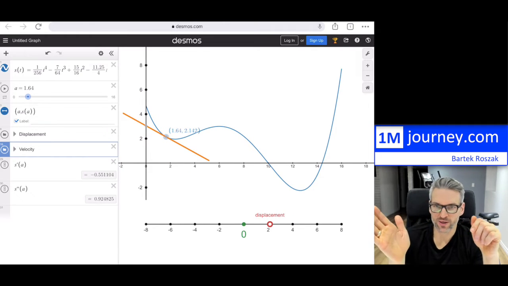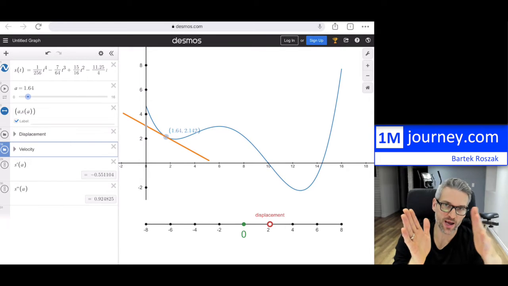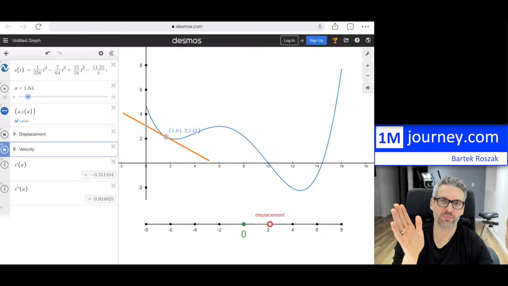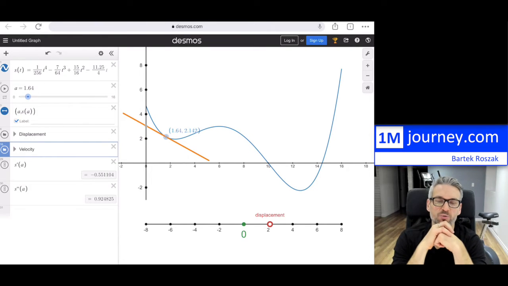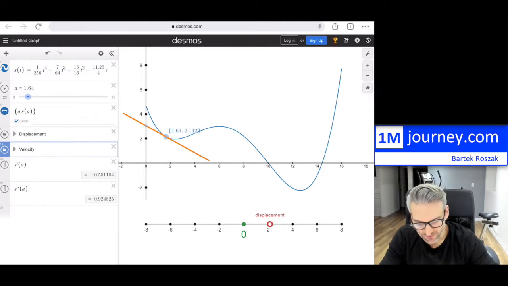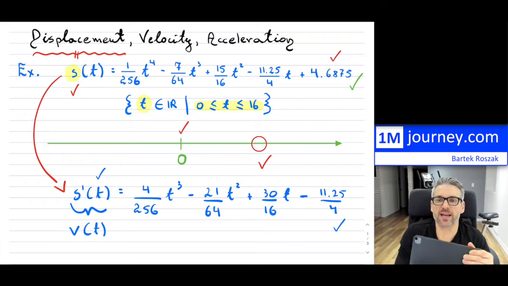And then we can see that through, as time keeps ticking away, what is happening to that particle. And then the speed we can see through the tangent line, which is attached to the actual graph itself. Now, when you go back in here, if you wanted to, of course, you can take now